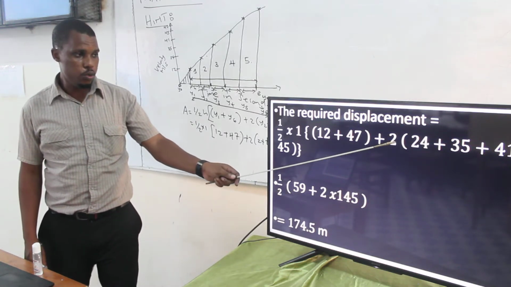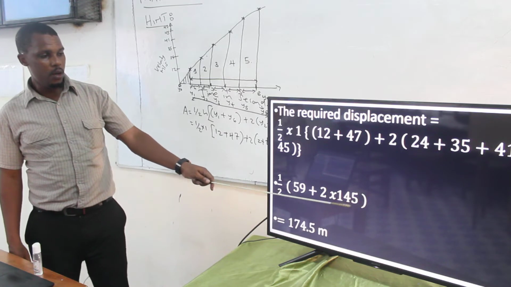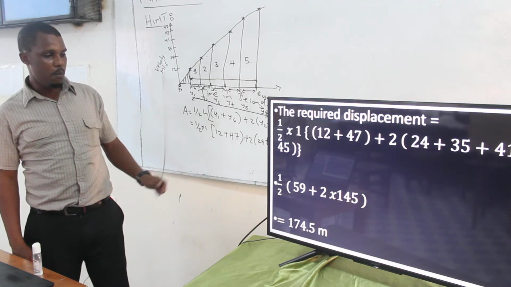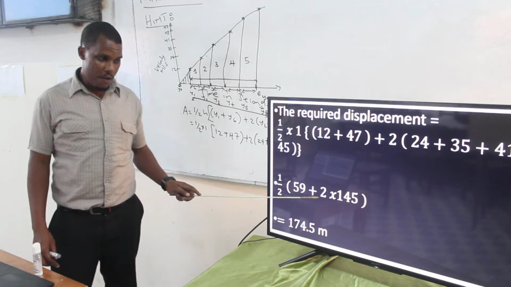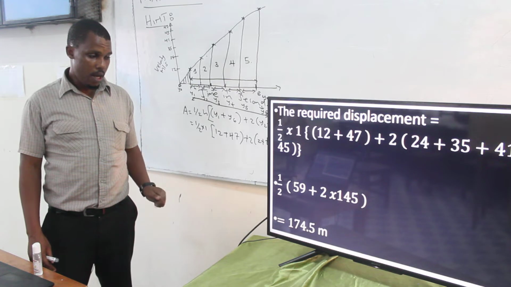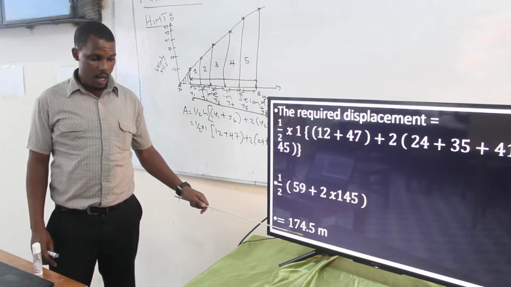And then you multiply by 2. Then when you carry out this multiplication, 2 times 145, that's 290. Remember, this is the bodmas. You have to carry out the multiplication first: 2 times 145, then plus 59, and then you multiply by a half, your answer becomes